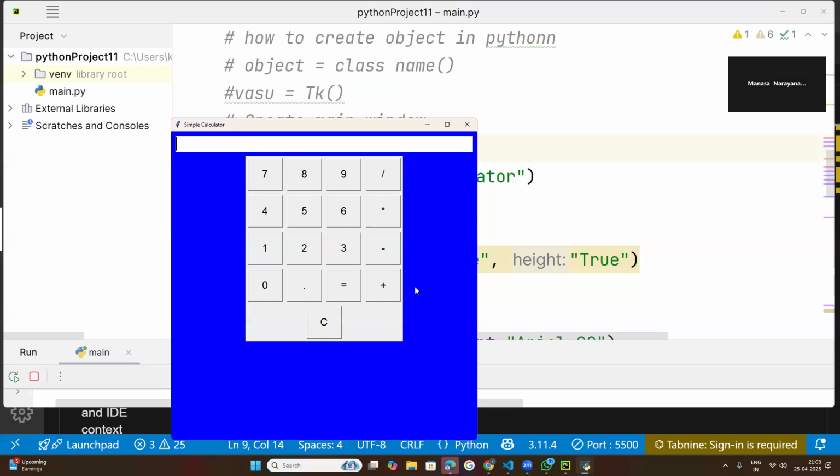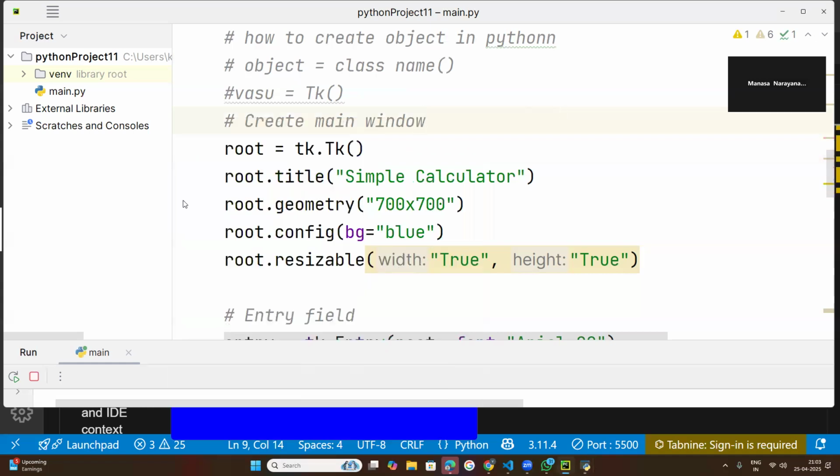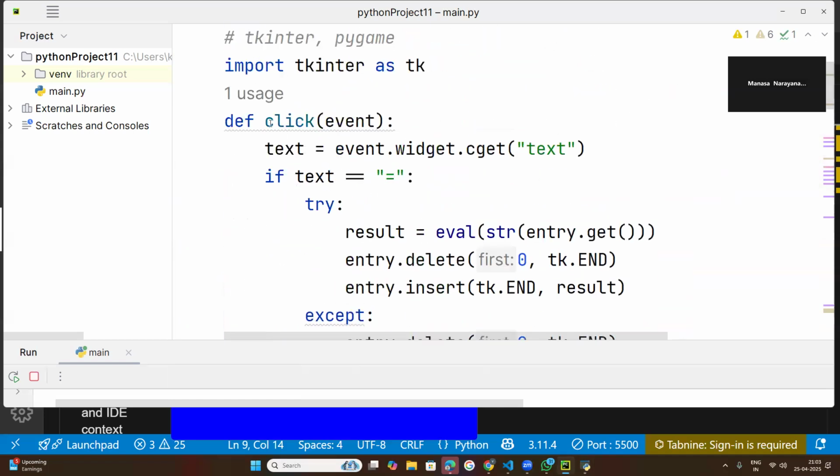GUI simple calculator: how many widgets? Some buttons, many buttons, and we have used one entry field. For that, we have written the code here, up to this much code for your application window. And this is the function I told you about. What happened? This line of code